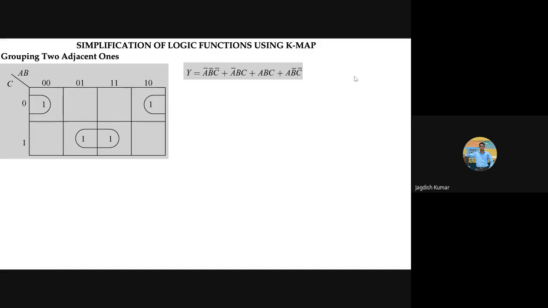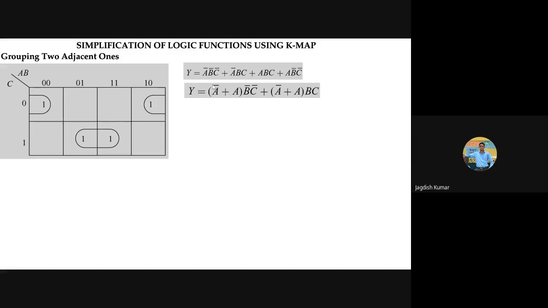Okay, fine, very good. Now the question is, why did we make those pairs? That's the question now. Or what is the advantage of using these pairs? Right, so let us try to see this. Here, in this expression, what we can do is use those theorems of Boolean algebra. And what you will be able to see is that here you have B complement, C complement in both terms. So we can take B complement, C complement common.